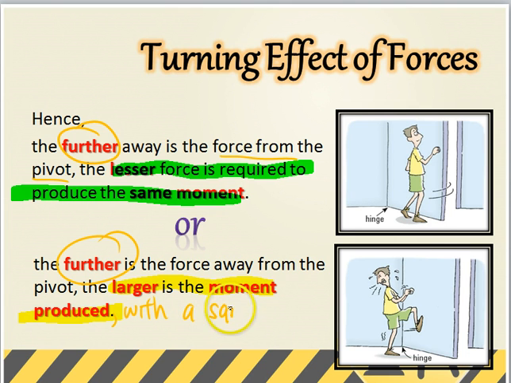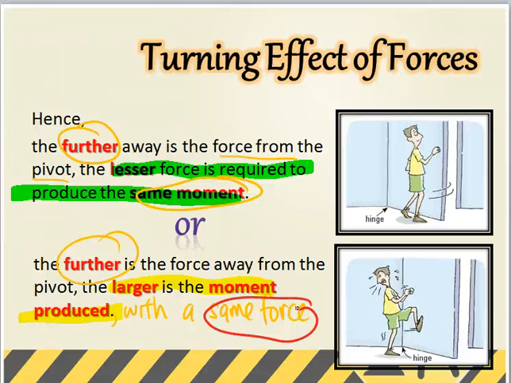So it depends what is the constant here. In the first case, the constant is the same moment. For the second statement, we are focusing on the same force. So it's a different constant that we are comparing. This is the way we use calculation to explain certain phenomena in our life. So this is the end of part